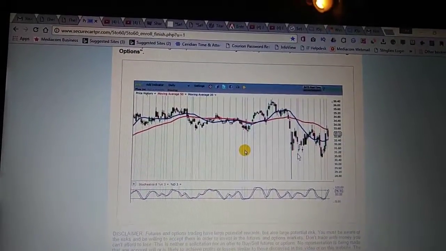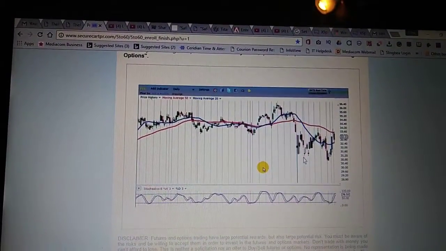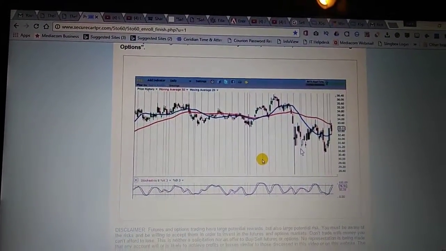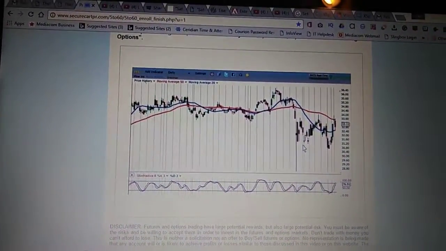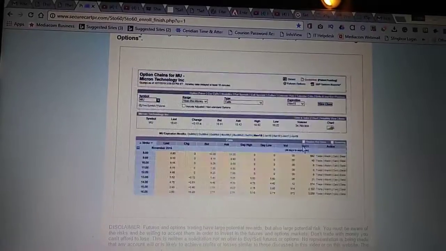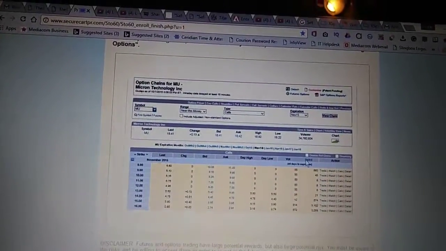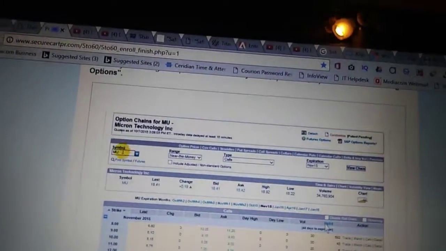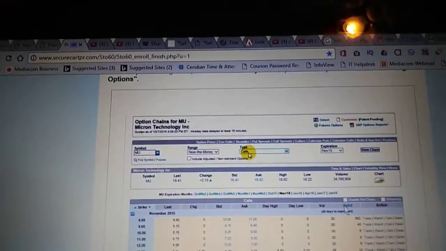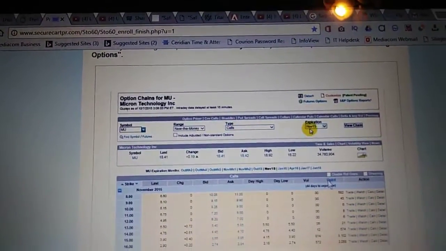Before we close out, I want to go back to the brokerage site and look at the option table for Micron Technology to make sure you understand how to read these tables. Okay, let's circle back now to the Options Express option chain quote page. And I've typed in symbol MU. And we're going to look at the calls, the November expiration, view the chain, and it brings up all